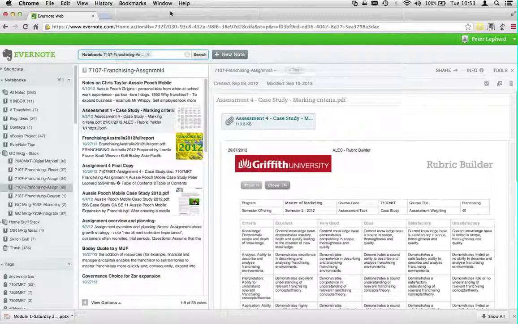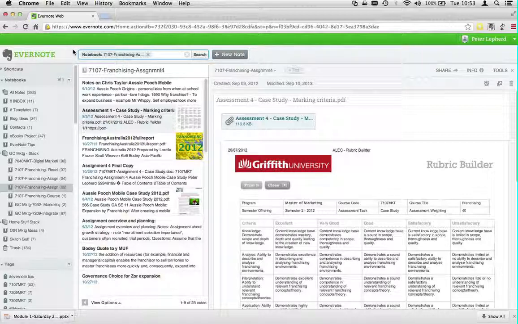Today we're spending 5 minutes having a first look at Evernote software. I want to give you a demonstration of the web version of this program to see what you can achieve as a student in maybe one semester's time. I'm looking back here at the notebook that I created a year or more ago when I was doing an assignment in one of my